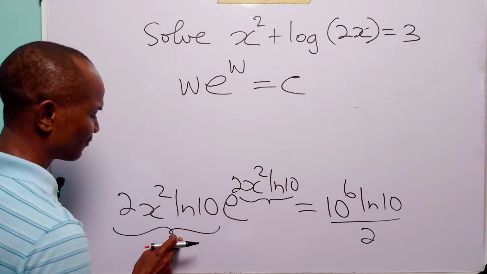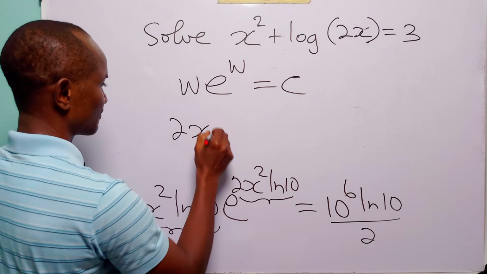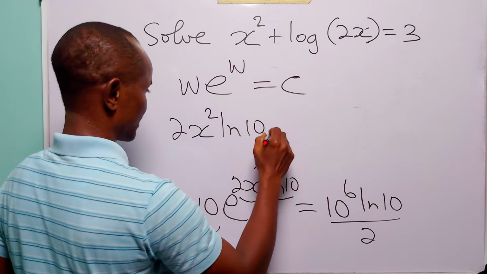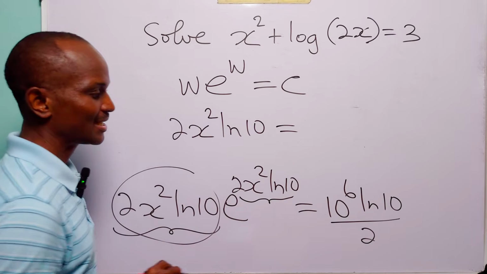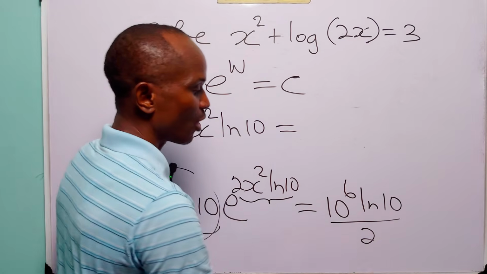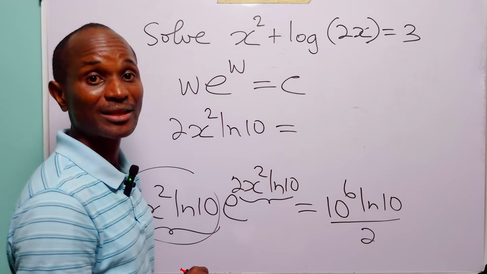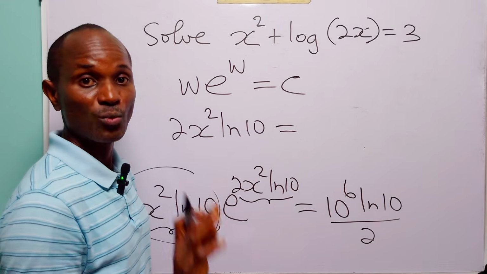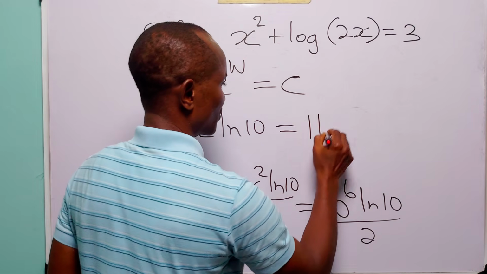When we apply that function to this left-hand side, what we have is 2x squared times ln 10. That is this. And when we apply it to the right-hand side, what we do is to input this value into a Lambert W function calculator. There are many of those online. And when we input it, what we have is